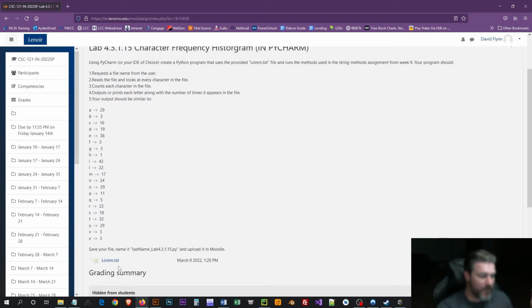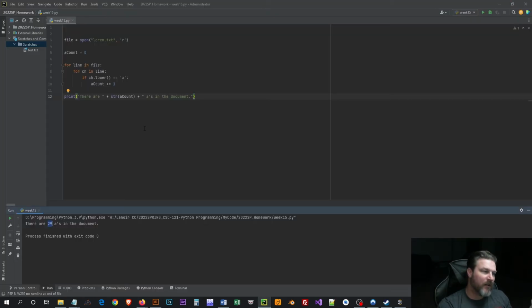So again, you're going to use that lorem.txt I just showed you. I got the same 29 A's. You just got to figure out how to do the rest of these. And for this, I probably wouldn't do, okay, if it's A, if it's B, a series of if statements. You can certainly do that and it'll work, and I'll give you 100. But what I would probably do is something like make a dictionary,